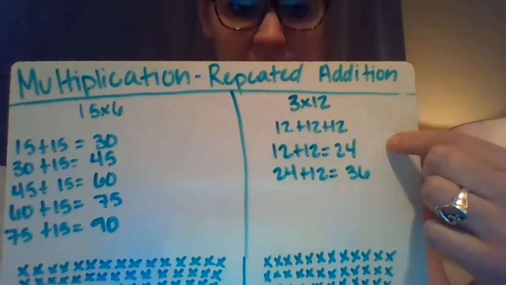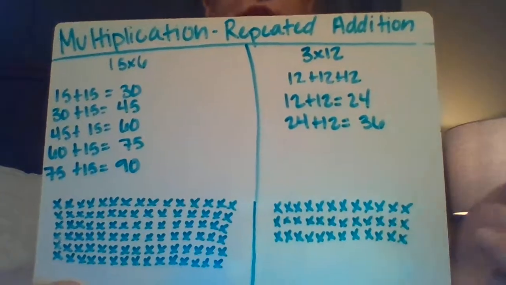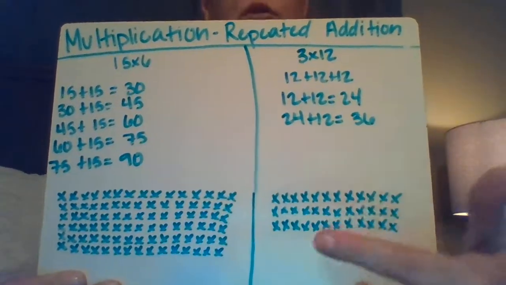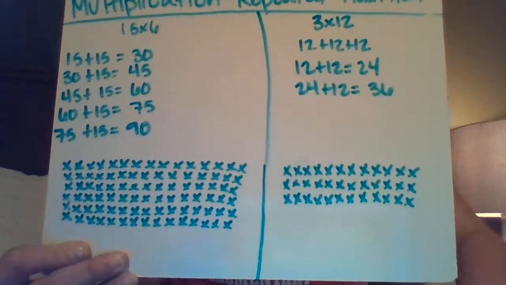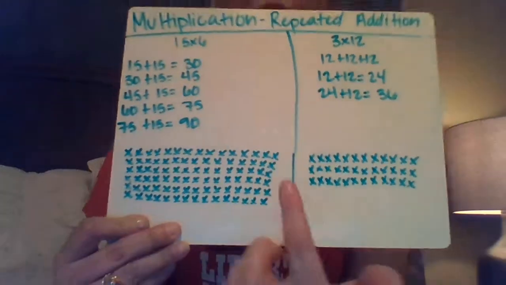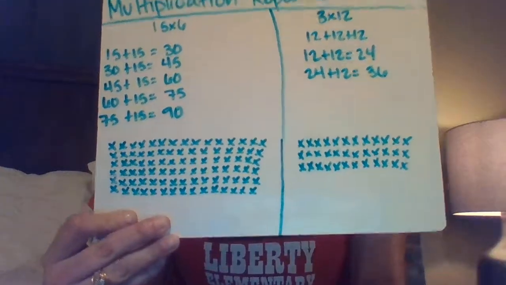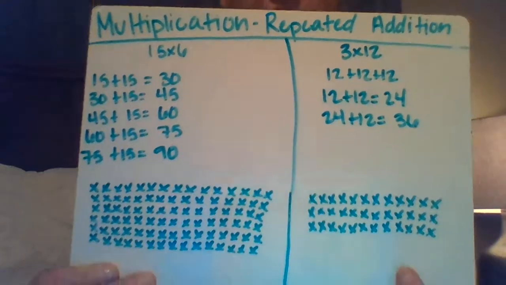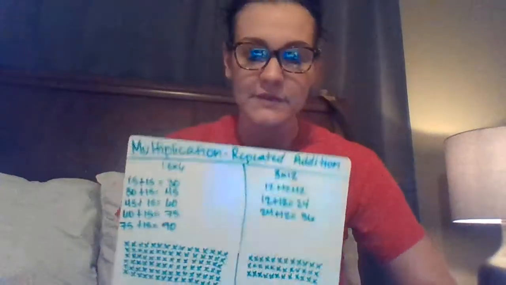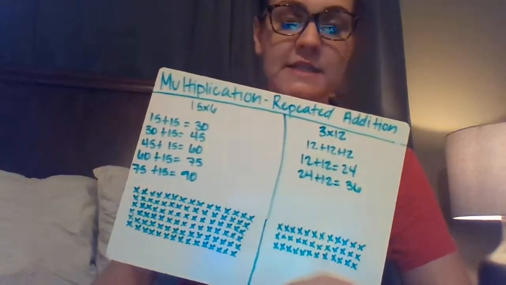Then over here, we have 3 times 12. Basically, it's going to be 12 plus 12 plus 12. So we start with 12 plus 12 equals 24, and then 24 plus 12 equals 36. And then once again, I created an array for this. 3 going down, 12 going across, and once all the X's are filled in, we still get our answer of 36. So, like I said, kind of simple, and it is definitely the beginner type of number sense strategies, but